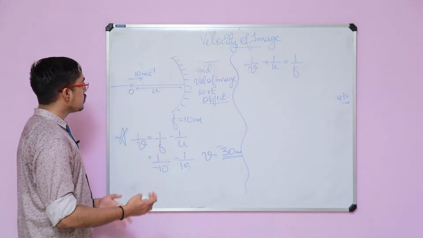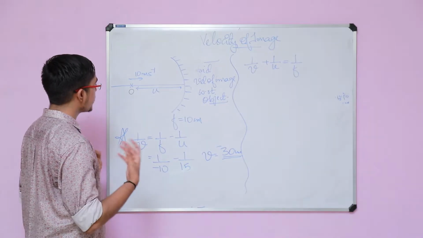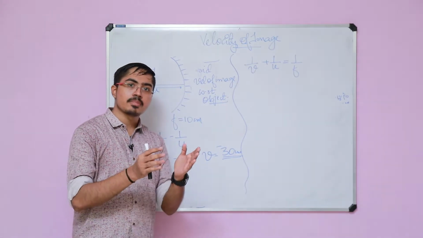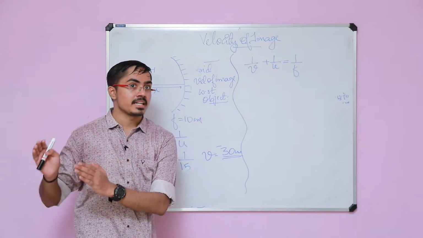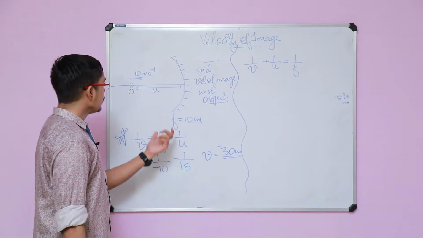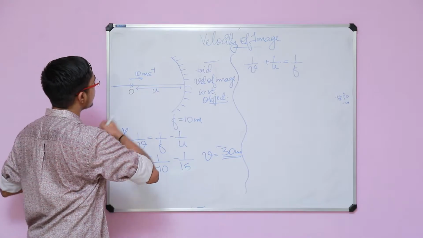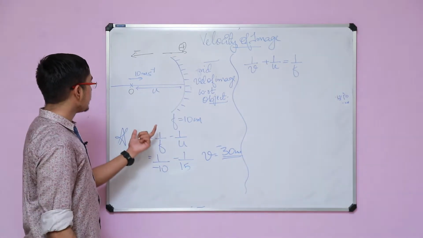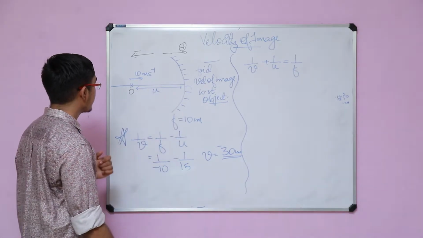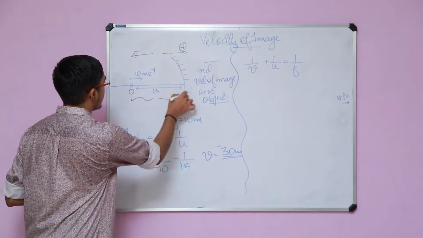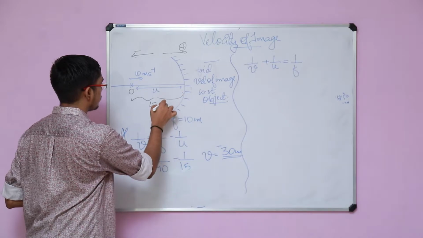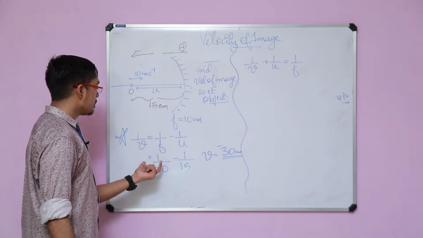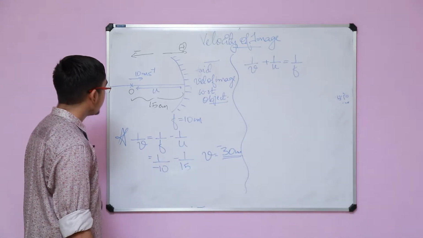First of all, what we do in this kind of question is try to find out the position of image, and as we know, the mirror equation is 1 by v plus 1 by u is equal to 1 by f. We will substitute the value of u here. So u, as per the sign convention, this side is negative and the other side is positive. So that has to be taken as, it is at a distance of 15 centimeter from the pole. This is also given in the question. So that 15 has to be plugged in here with a negative sign, right?